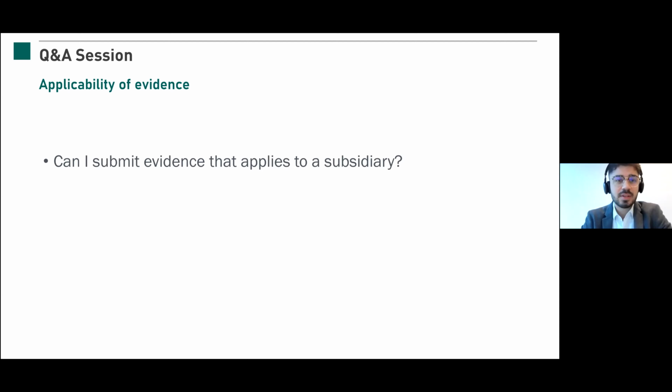These outcomes are obviously disclosed in the assessment, and we also have a scoring and materiality tool available if you already want to have a look at which issues are likely to be material for you before the assessment opens. It could be that you disagree with the relevance of an issue. For instance, if we take waste and your gas pipeline, you may say that waste is not relevant to you, or you disagree with the fact that it's of medium relevance or low relevance. If you disagree with this, unfortunately, there's nothing you can do this year to change that, because it has been reviewed and it is set in stone.